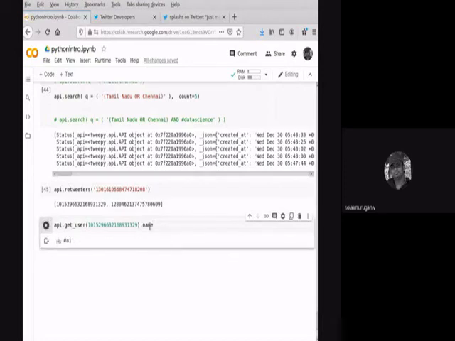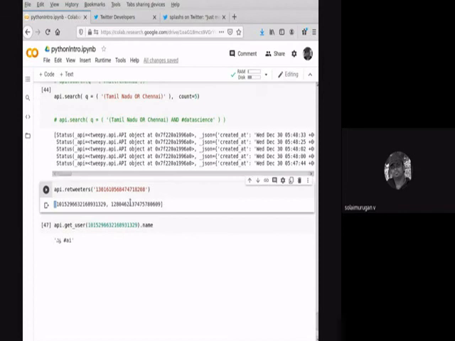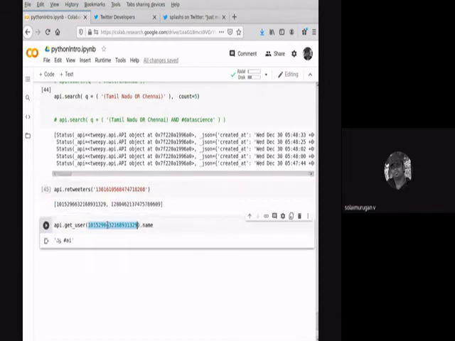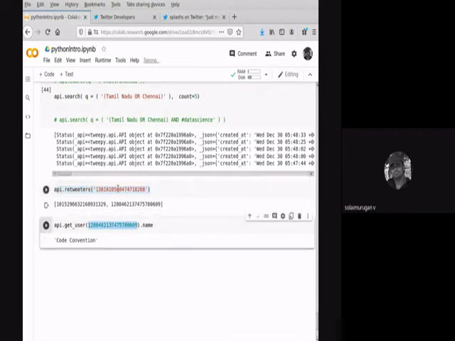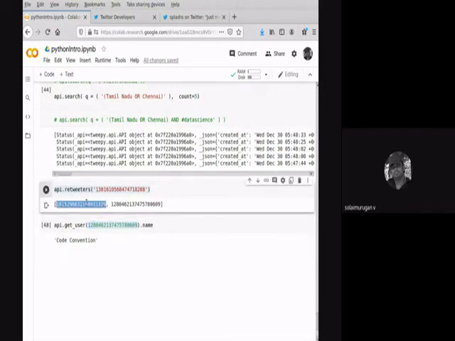I'm passing another ID, another person who retweeted this particular tweet. This is the Twitter ID, and this is the user ID. When you pass the Twitter ID to retweeters, it returns the user ID.